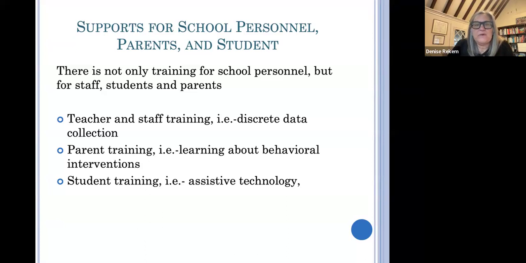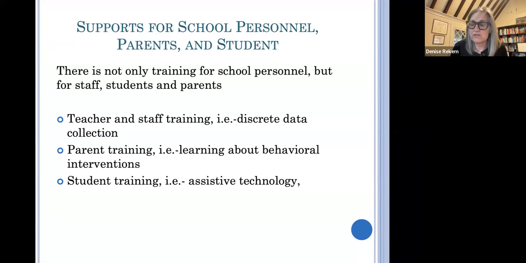and have the same understanding of how the data was collected in order to be able to track progress. So teacher and staff training is very important, sometimes even explaining to the teacher, say, auditory processing disorder and why the need for an FM system is so critical, and what that means, that a child may not be processing information. It's not that they're not paying attention, it's that they're literally processing it differently. And so that teacher and staff training is critical.